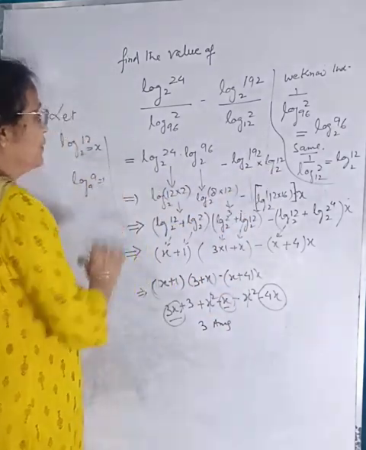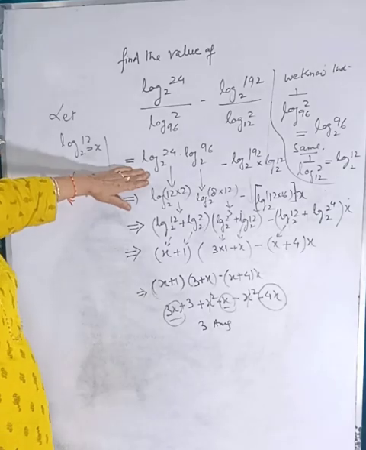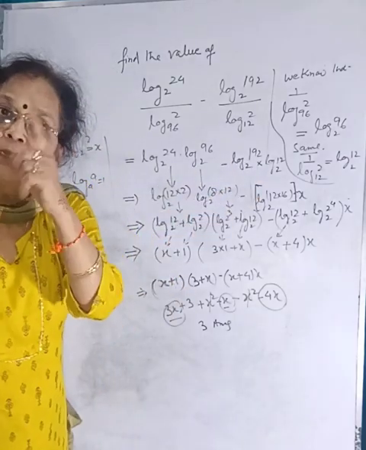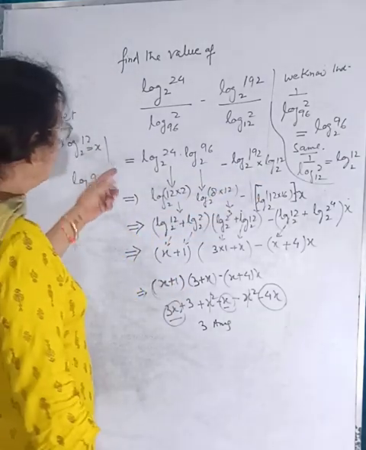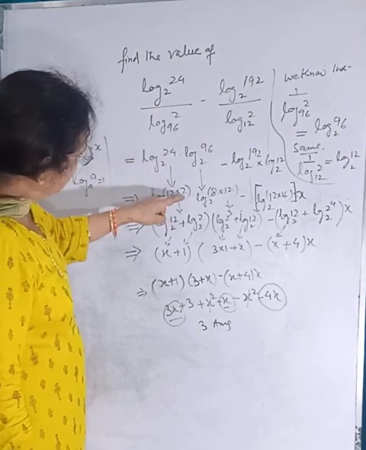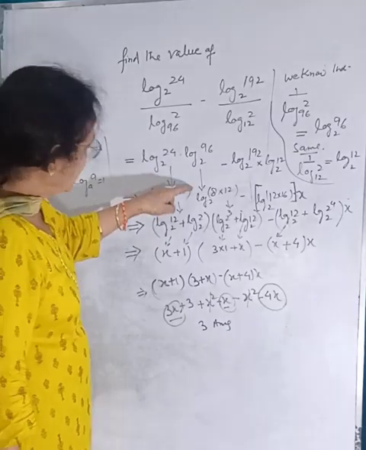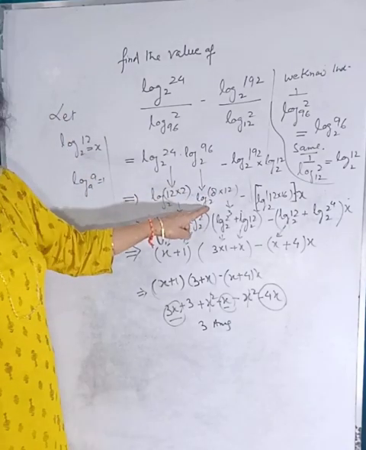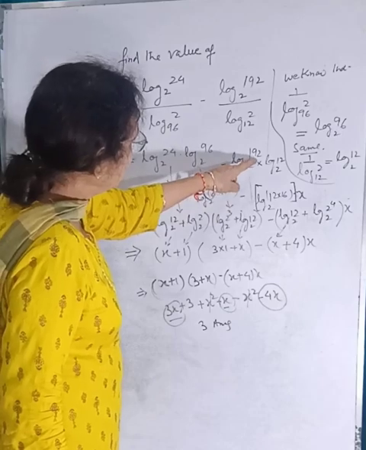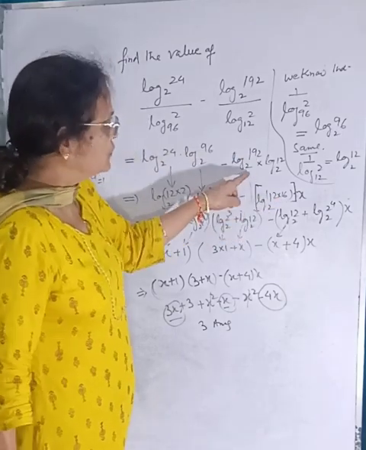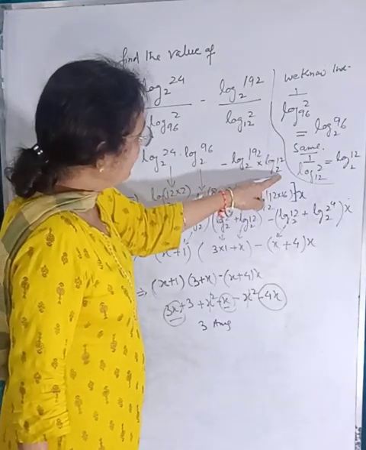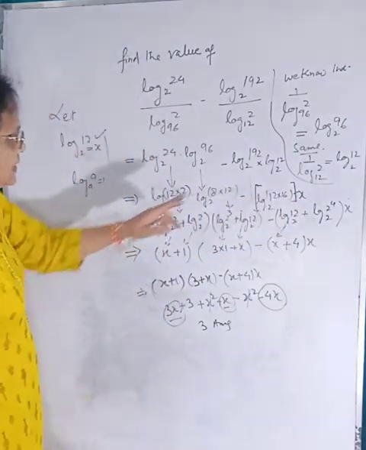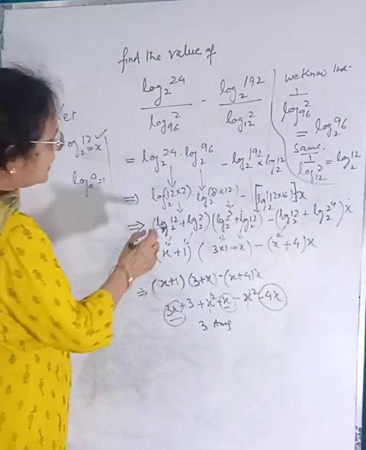ये क्लियर होगा. उसके बाद we have taken that all the logs are on the basis of 2 in the multiple of 12. तो 12 में इसको लिख दिया 12 into 2 with the base log of 2 into 96 can be written as 8 into 12 with the base 2 minus log of 192 can be written as log of 12 into 16 with the base 2 into log of 12 with the base 2 which we have assumed here is equal to x. x की जगह यहाँ लिख दिया, इसकी जगह x लिख दिया. अब इनको फिर से कन्वर्ट किया आगे.